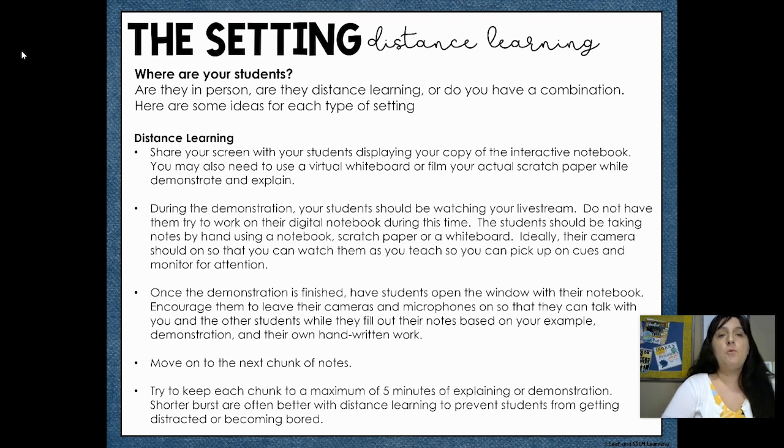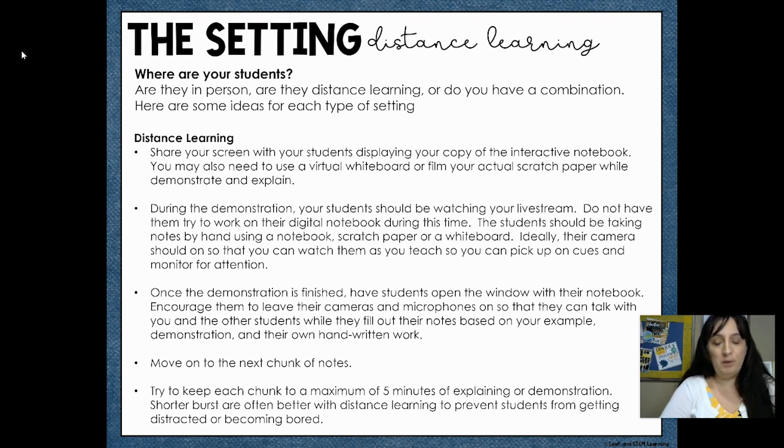Okay, so what if your students aren't in person? What if they're distance learning? This has been one of the biggest questions I've had, because usually when students are distance learning, the teacher is doing their direct teach through some type of live stream. So the students aren't